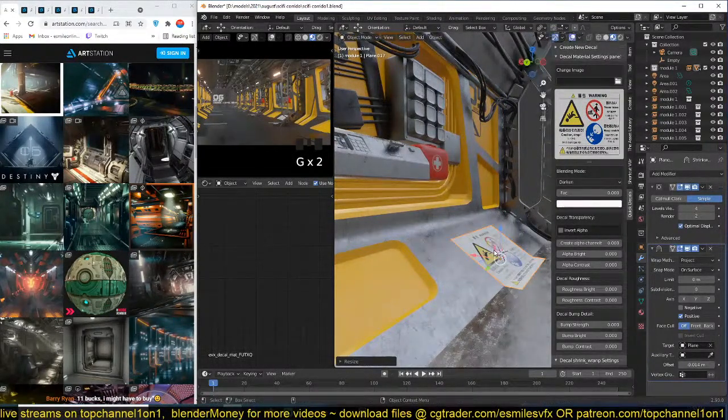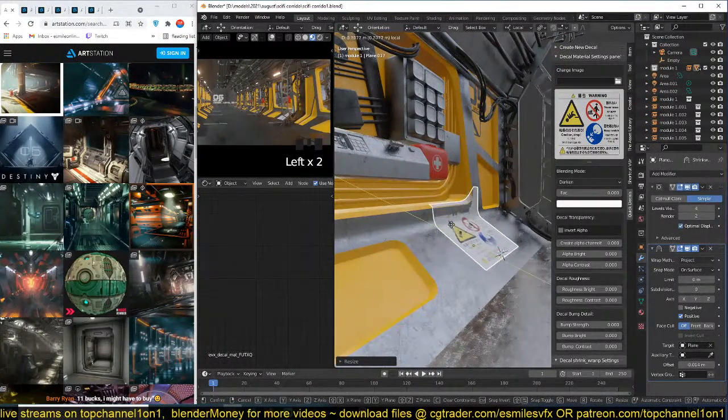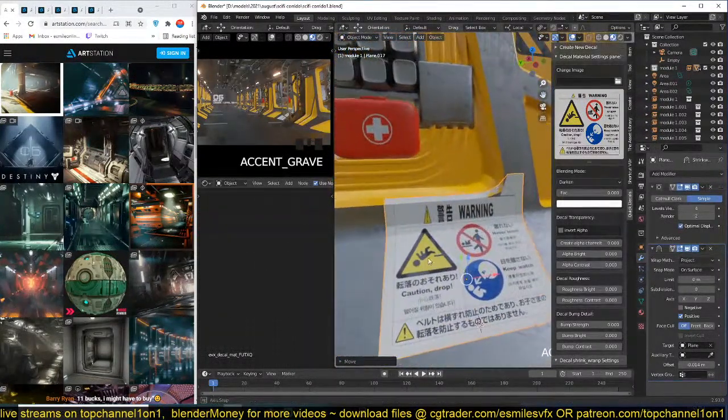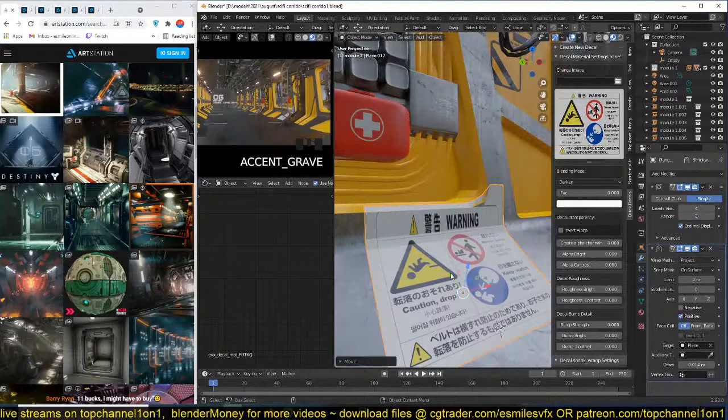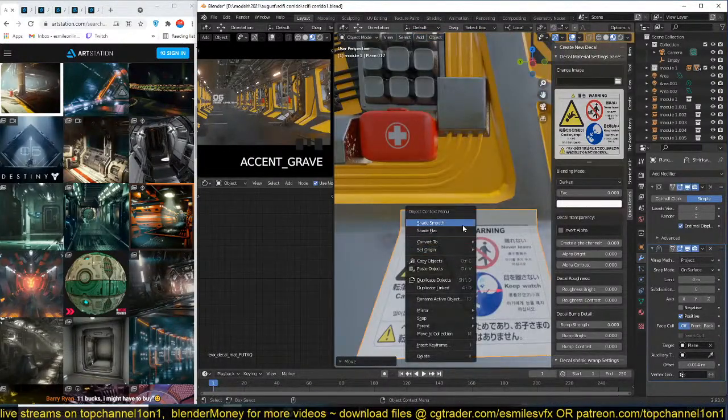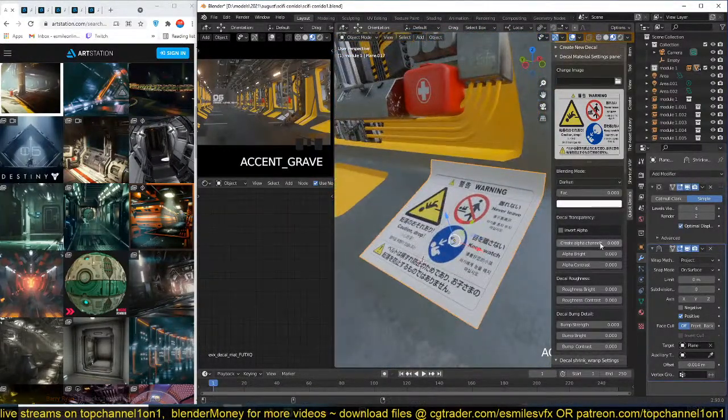Let me just work in local mode because then it's much easier to move. You can see how it takes on the contours of the surface. You can shade smooth, and you can even